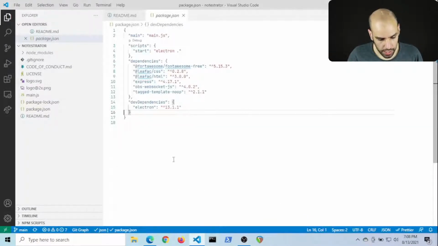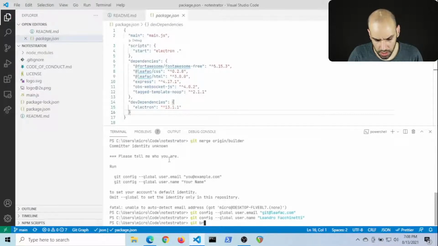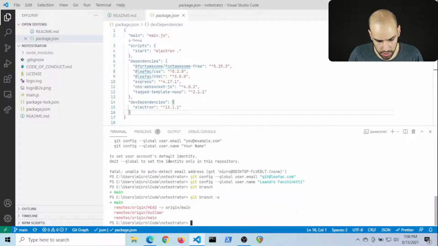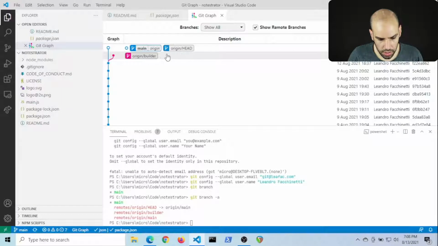Okay, so I think I am in a good state. Yep, and then let me see all my branches. Builder is still available on the remote. What is my situation in terms of branches here? Did the merge work? No, it did not work. So again, merge origin builder.